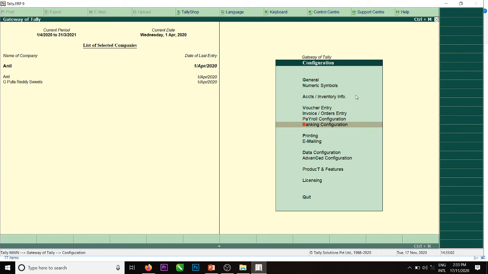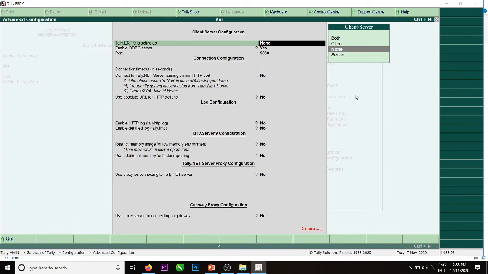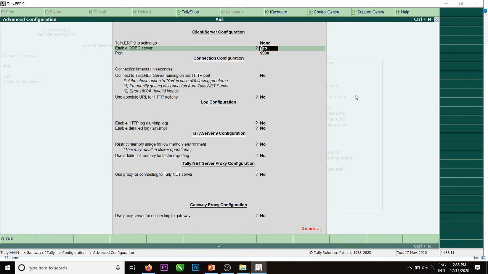Here we are having advanced configuration. Whatever shortcuts we told, we are unable to execute because the software which we are using is the education version. So it may be in the licensed version, we may get that one. Escape.